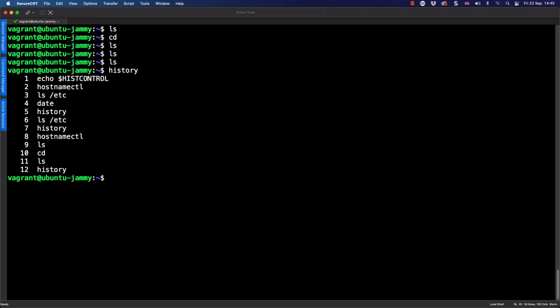Also, another good thing that is the default, if a command begins with a space, it's not recorded. So if I go through and put a space, and then let's say date, the command works without any error. However, if I up arrow key, we can see it's still printing history. It doesn't show me the date command. Now, it's not particularly useful for something like this.